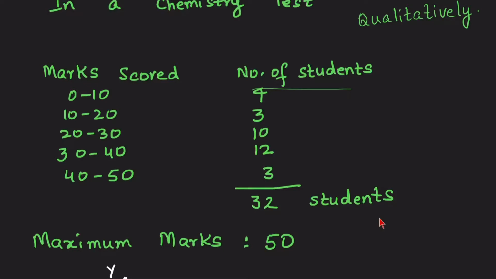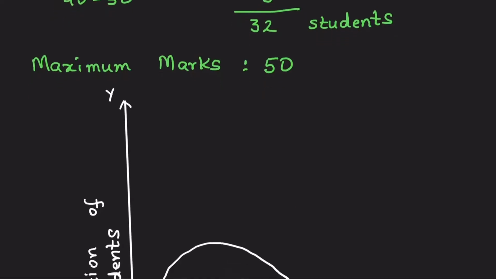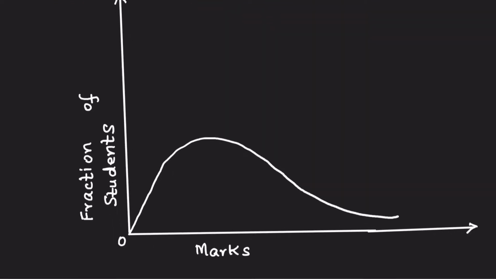If I have to represent this same data graphically, how am I going to represent it? Here, on the y-axis, we've taken the fraction of the students. On the x-axis, I've got marks. So we start with 0. And what will happen is there's a peak, so there is a high number of students who are getting in-between marks, that means an average score. If you want, you can actually put down values over here, so 0 to 10, 10 to 20. Or if you plot the marks of each of these students, this is how you're going to plot. Oh, I put it too close.